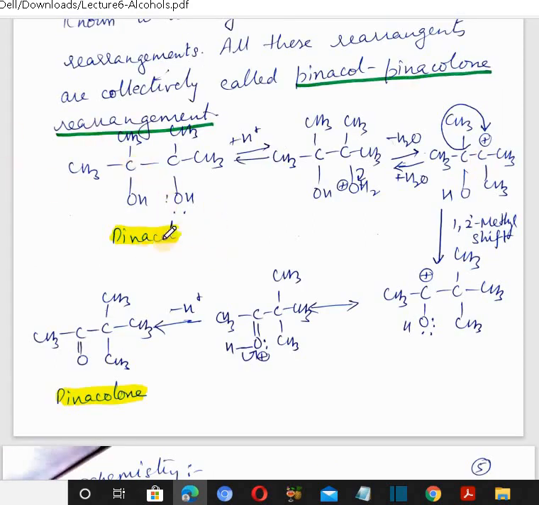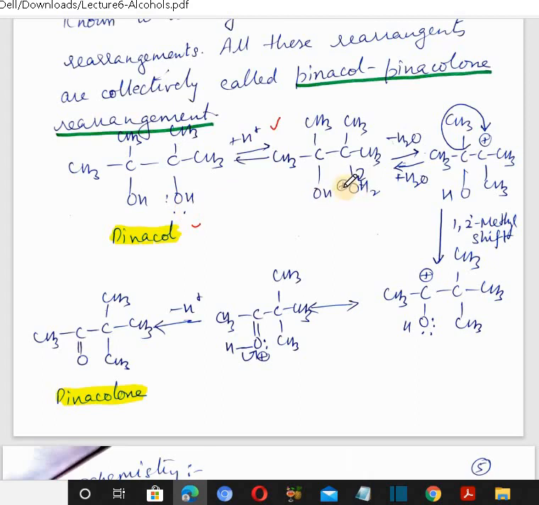this, it is pinacol. We can say carbons 2, 3 and 4 are present in a chain, and 2, 3 also have methyl groups. So it is 2,3-dimethylbutane-2,3-diol, or pinacol. When it is treated with sulfuric acid, that is acid, then it rearranges. H positive joins to this oxygen through its electron pair, and